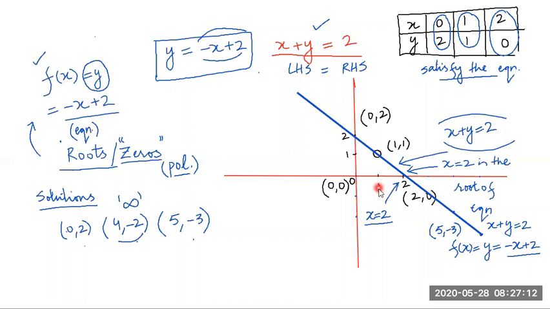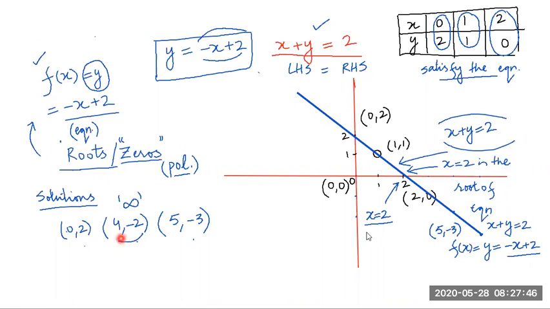Let's first discuss what the solutions of this equation are. Students, I've written here infinity. Does it mean the solutions of this equation are infinite, or the solutions of any equation are infinite? Let's see. Now, I know that these three points, (0, 2), (1, 1) and (2, 0), are on this line. Am I right? Now let's talk about this point (0, 2). We know it's on the line.